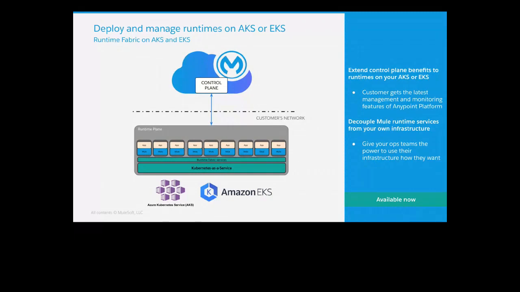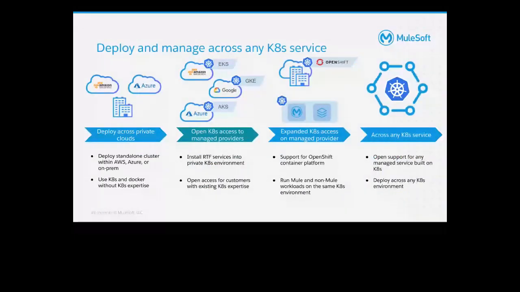And it basically means that the traffic between the Runtime Fabric and the control plane is optimized tremendously. And again, feature parity for CloudHub and this Runtime Fabric running on AKS and EKS. And as you can see in the next slide,